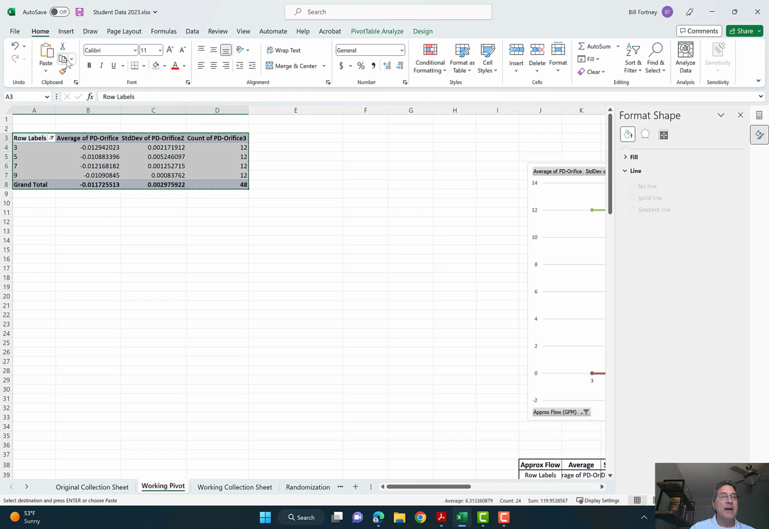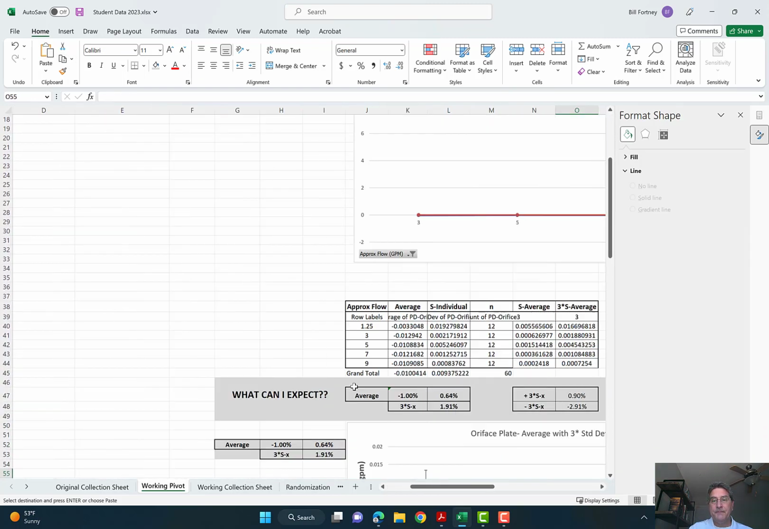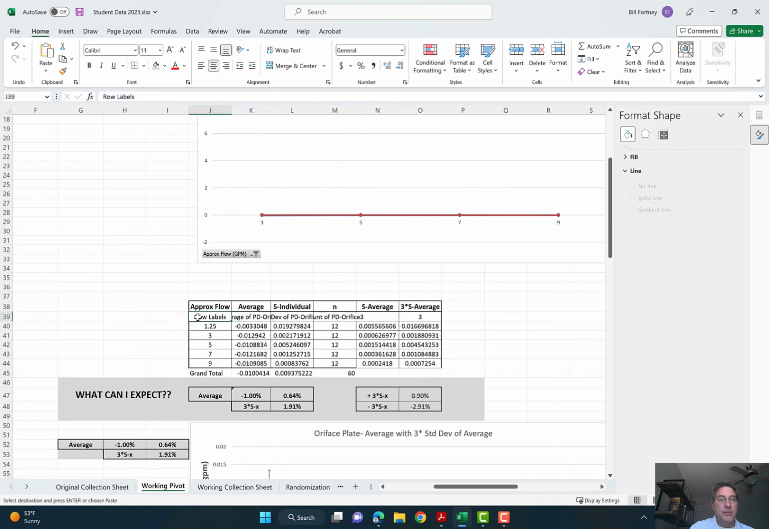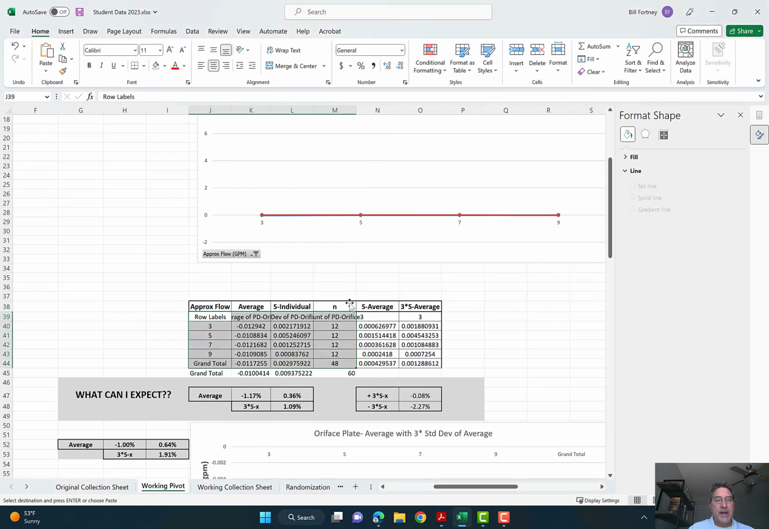So now I can do just like I've done. I can take this, copy it, bring it down here to my data, come right here, paste special, values. Now notice my grand total's up here because I didn't have as many that time, so I got to get rid of that. And now I can look. So I've gone from plus or minus 1% to plus or minus 1.17